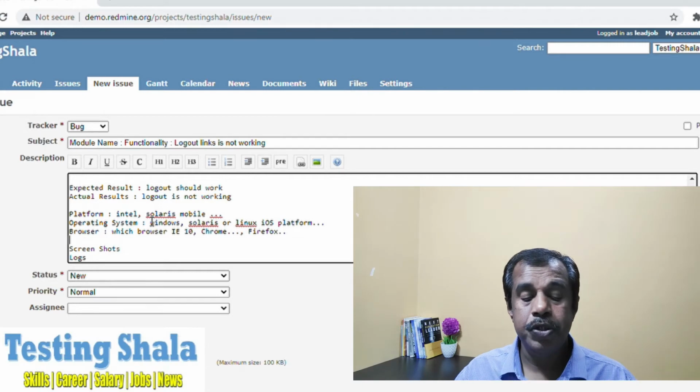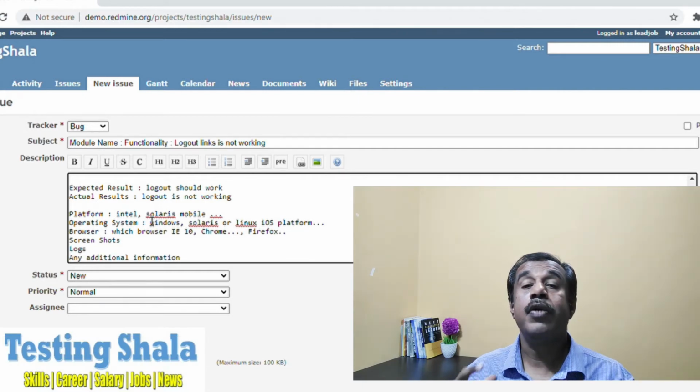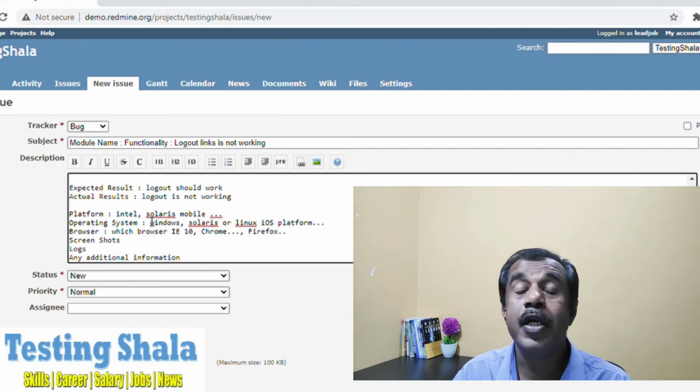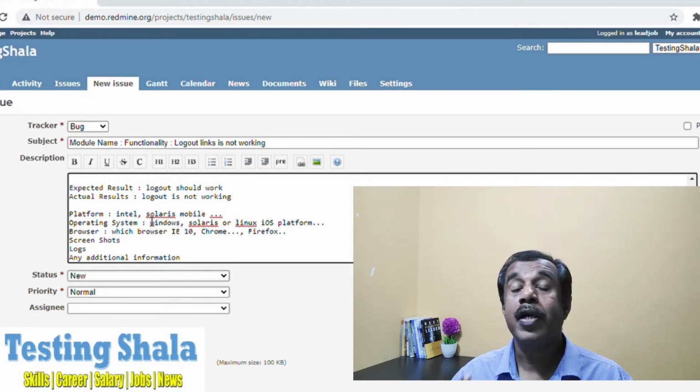Then you should also take a snapshot or a screenshot whenever you find a certain issue. That would give you proof, because I am logging this defect because I have proof.